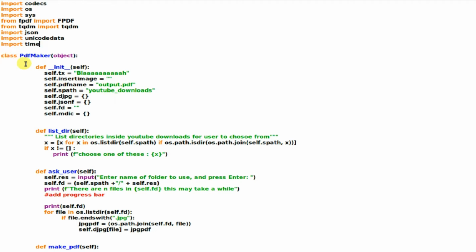So I've made a class. The examples you may find online will just show functions. So I've made it object oriented. Create a class, PDF maker, PDF name, output PDF. You can obviously change that. You could change it to be the name of,